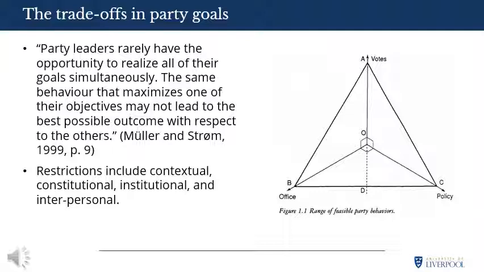Finally, political actors do not act in a vacuum. They are not free to solely pursue their own goals. They face environmental, contextual, institutional, and interpersonal restrictions on their behaviour. So there are legal or constitutional limits on the policies that can be proposed. So, no modern democracy is going to or can even propose arbitrary land grabs. It'd be very hard for any party to reintroduce the death penalty, for example.